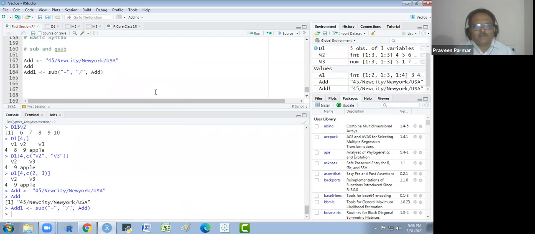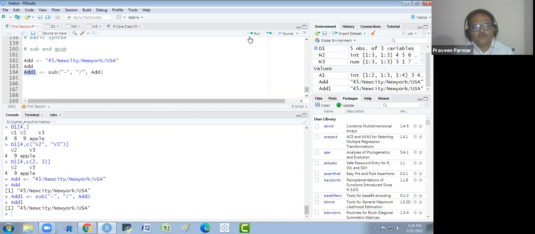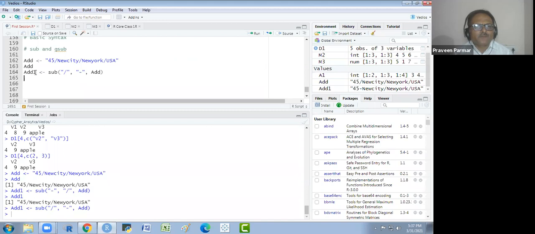If I print this again, you will see nothing happened because I made a mistake here. The arguments are pattern and replacement: the pattern is what I want to substitute, and the replacement is this. So we can easily see this, and if I run this,